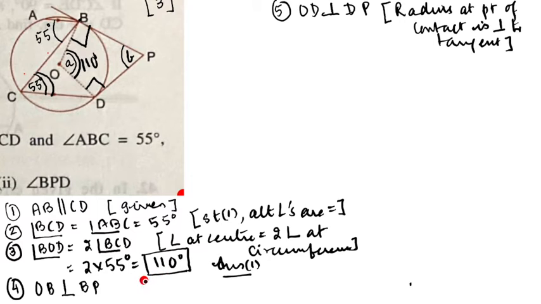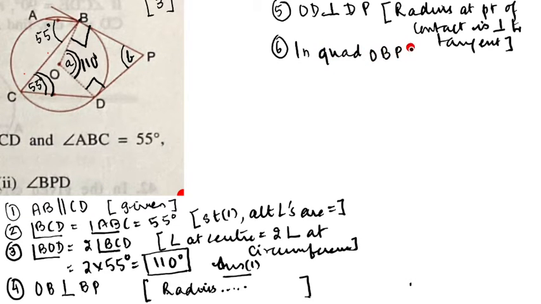Alright, the same reason we will write here, that radius at the point of contact. Okay, you can write that on your own. 6th one, in quadrilateral OBPD, we will have angle OBP plus angle BPD, this one, plus angle ODP plus this one, which is BOD,